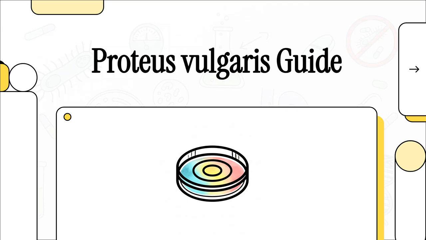Today we're putting a really interesting and often underestimated bug, Proteus vulgaris, right under the microscope. We're going to cover everything from how to spot it in the lab to how we can best fight it